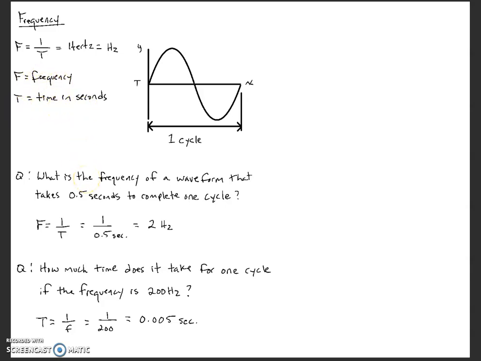The question, this is a very simple one: what is the frequency of a waveform that takes 0.5 seconds to complete one cycle? For simple numbers, just deal with the formula as is. Frequency is 1 over time, 0.5 seconds, gives you 2 hertz. So that's 2 cycles